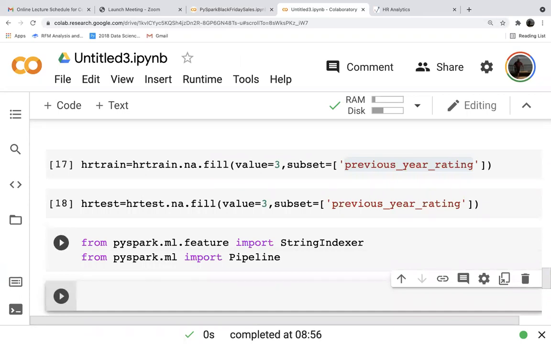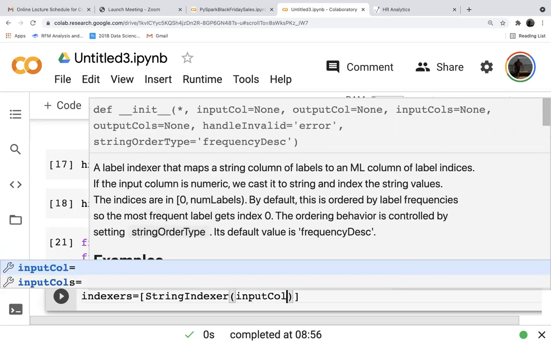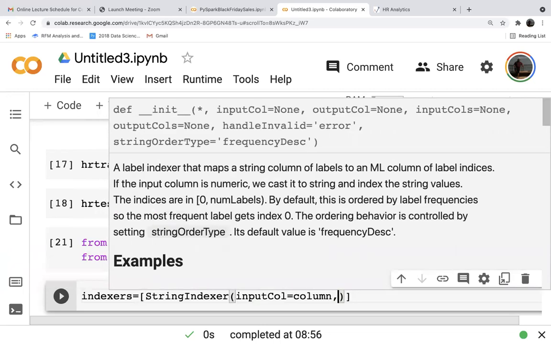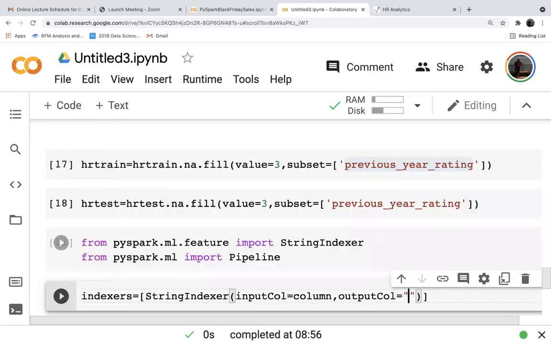StringIndexer and Pipeline. indexers is equal to square bracket StringIndexer, open bracket inputCol is equal to column, comma, outputCol is equal to column plus index